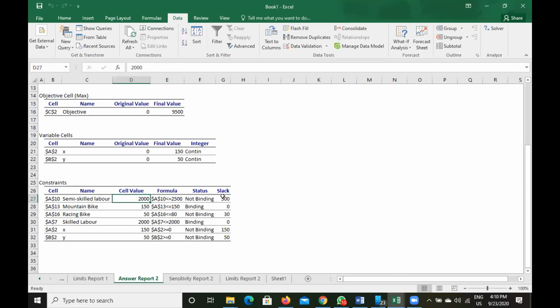So 500 labor hours are idle. Idle labor hours are not good for a production manager, because that means you are not using your available resources effectively, and paying workers unnecessarily.